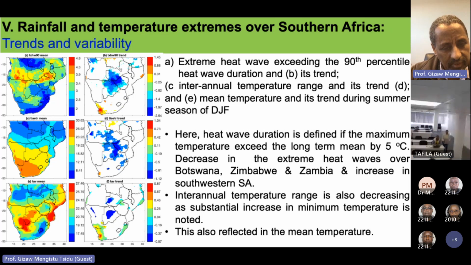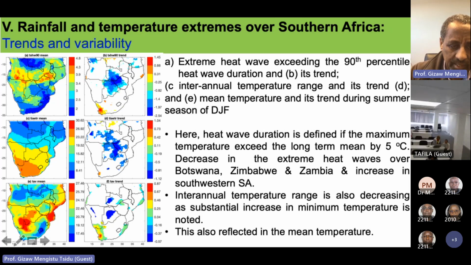That means the minimum temperature is becoming warmer, while at the same time the warmer temperature is becoming even further warmer, but not at the same rate. So the warmer temperature is waiting for the cold temperature to catch up. As a result, what you see here is the trend of the difference, the interannual temperature range, is decreasing. It shows us that the minimum temperature is warming at a faster rate than the maximum temperature over most of the central part of